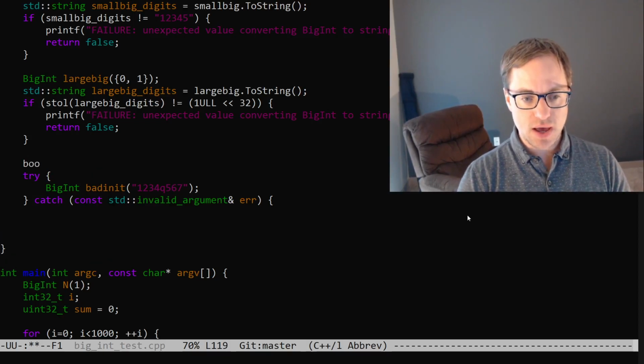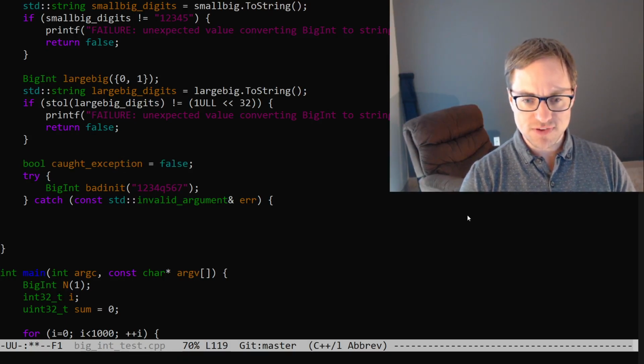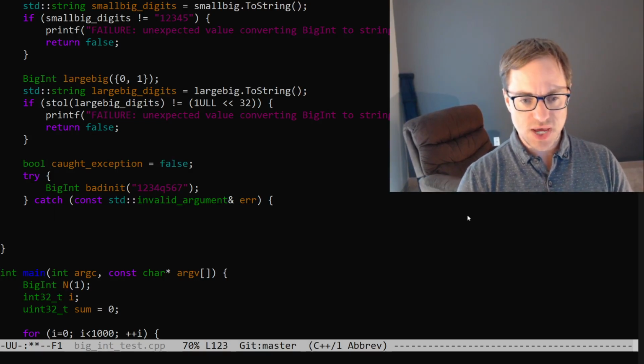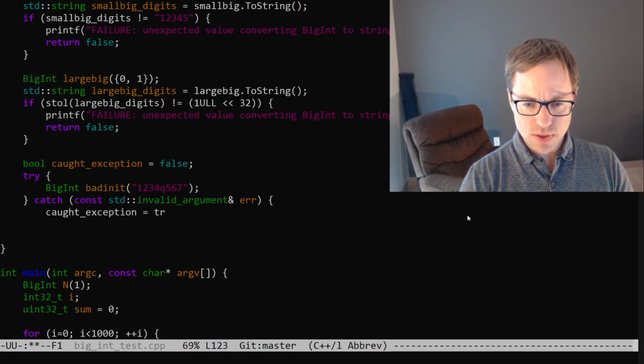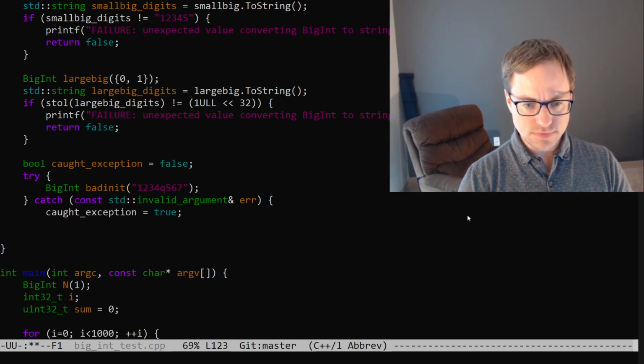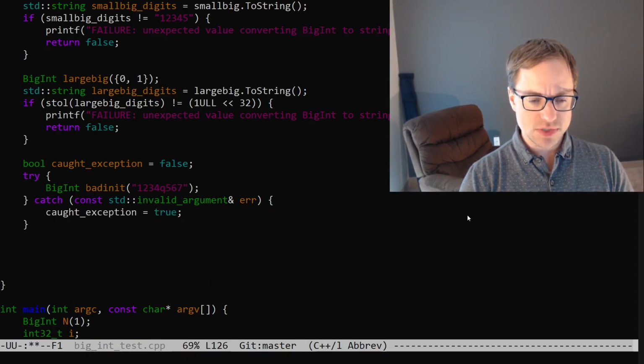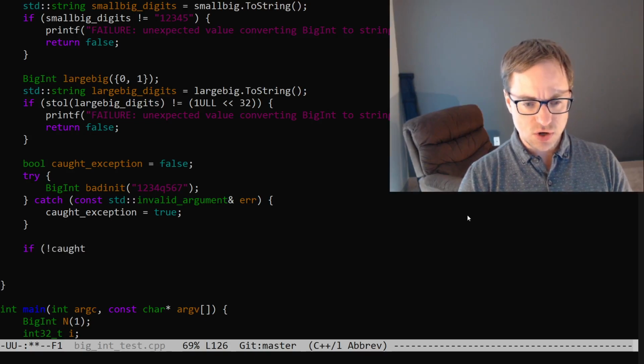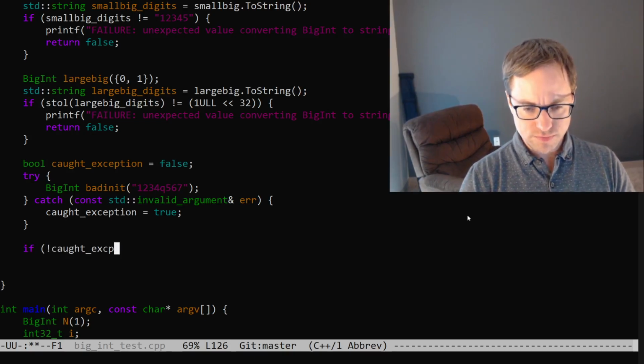So we'll say bool caught exception equals false. And then here we'll say caught exception equals true. And then we'll say if not caught exception,